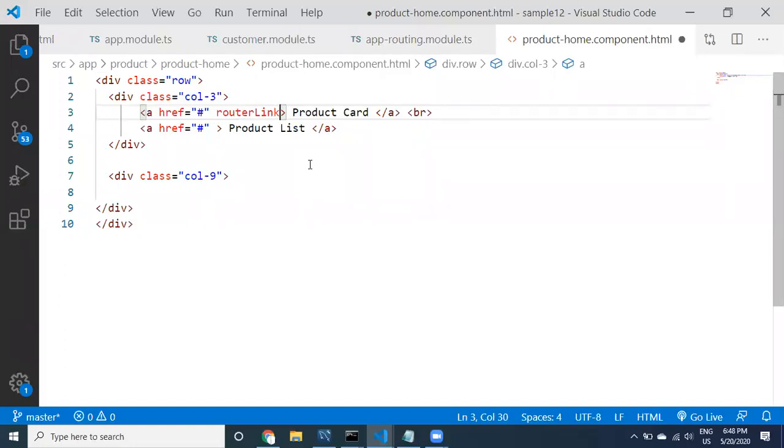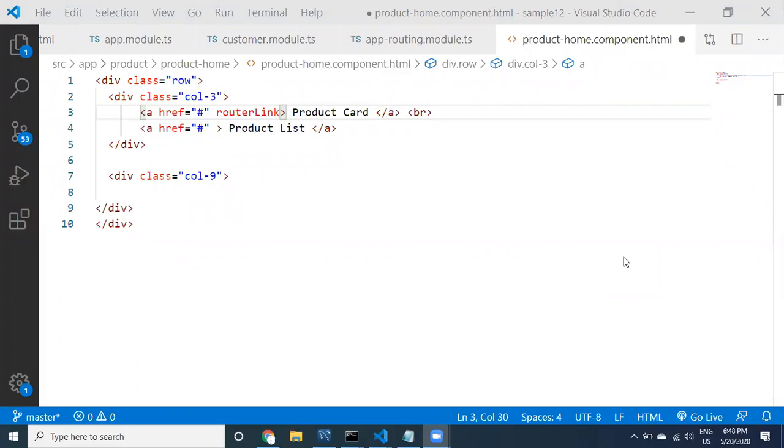These two are related to the routing module. We are in which module? The product module. Within the product module, if I want to use router module related things, you need to import it. Yes, open product module and import routing module.